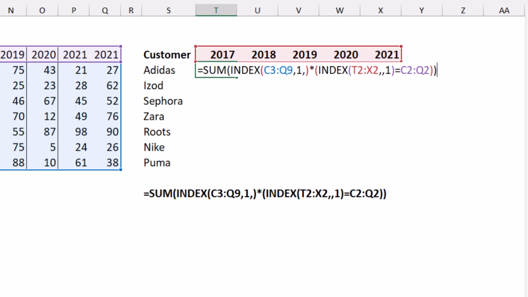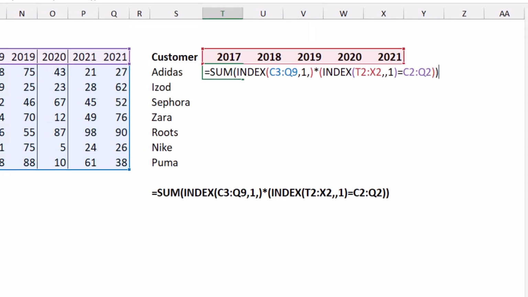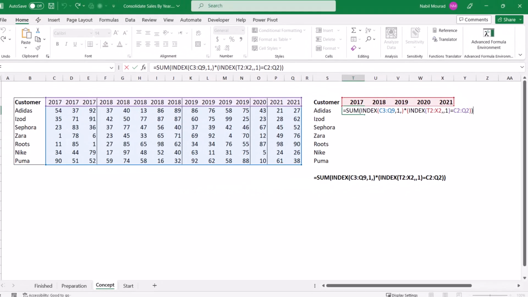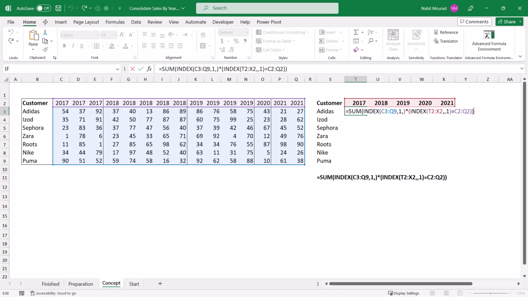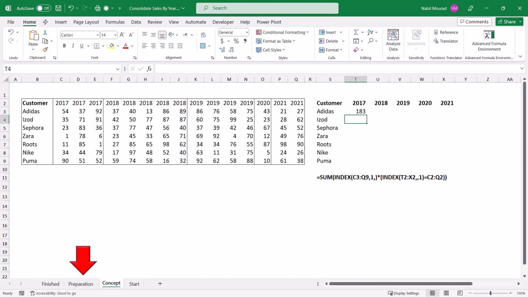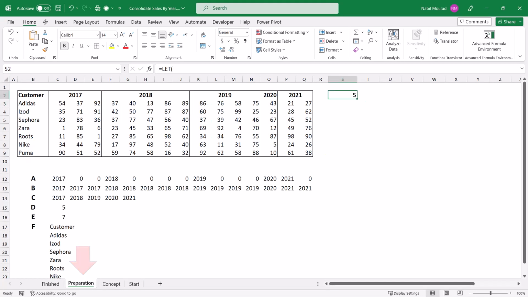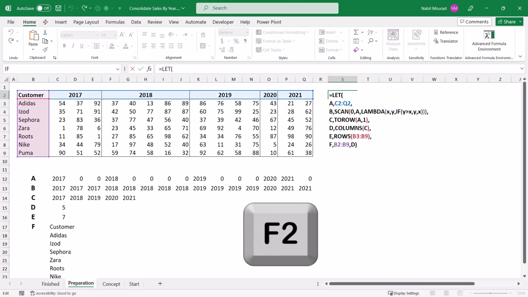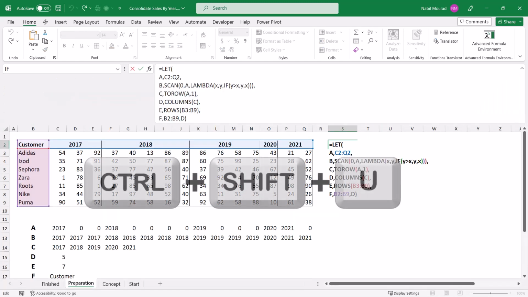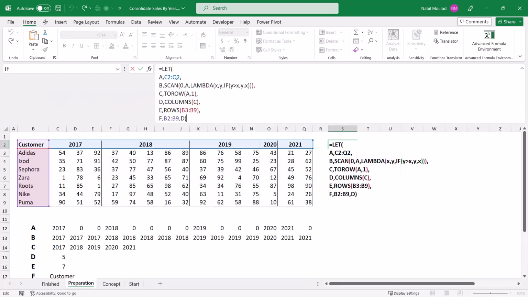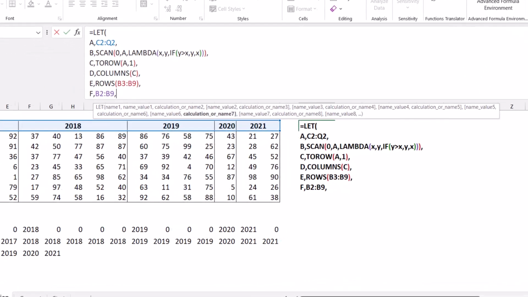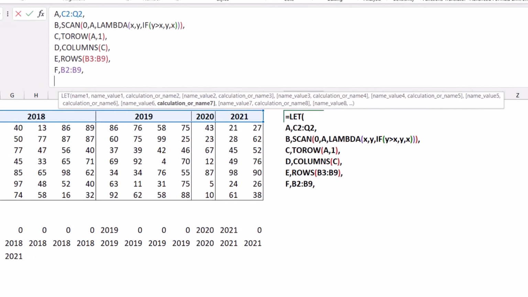In each cell in this array, I'll be using this function, the sum with the index and the comparison. So let's go back to our LET function. I put it in the edit mode, F2. Let's expand the formula bar, Ctrl Shift U. I'm going to delete the closing bracket and the D, and I hit Alt Enter, and I start creating a